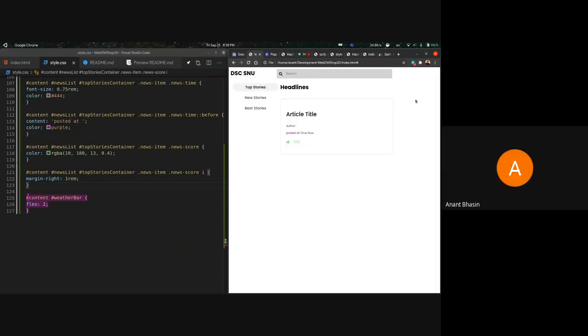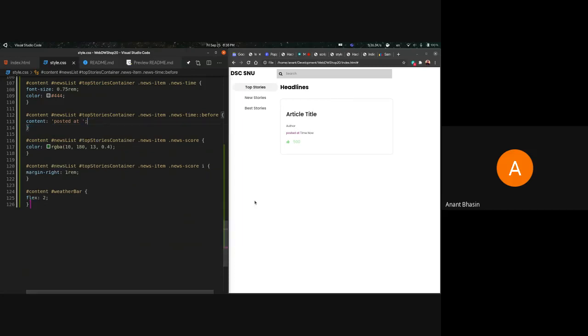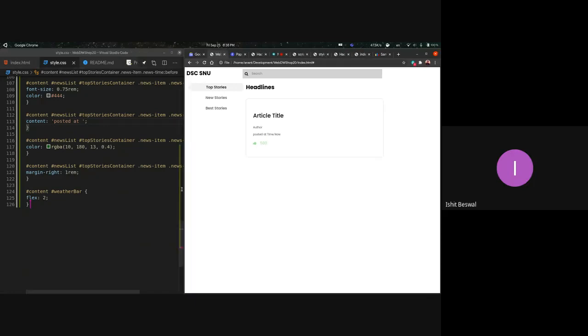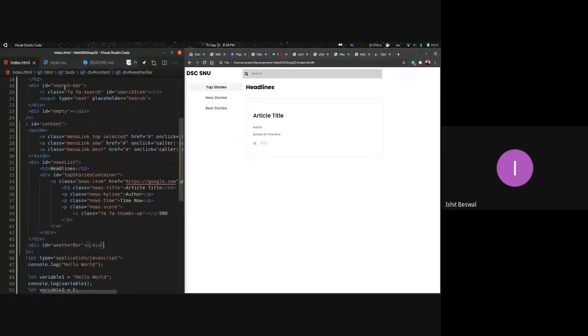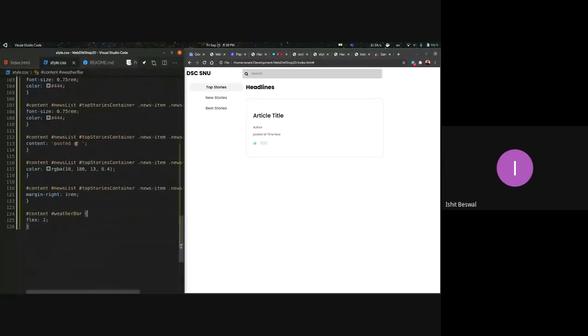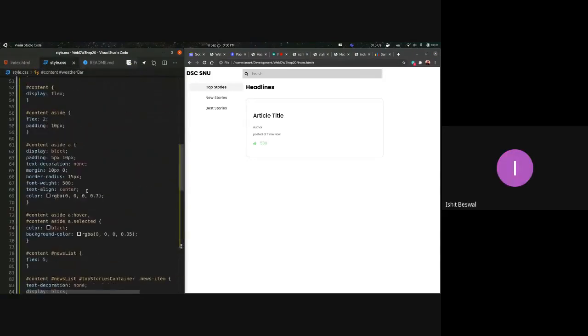It's supposed to be over here to the right of the articles, but that's probably going to be a project for you guys. So let's remove the color from here and let's move on to JavaScript and get that done. Yeah. All right. So before that, I just wanted to cover one more CSS property, since I think that will be the last one that we'll do. Position, right? Yeah, exactly.